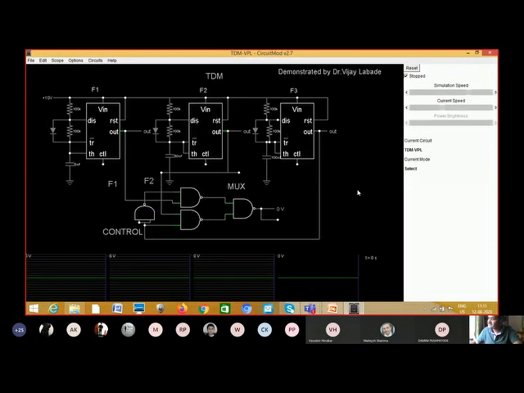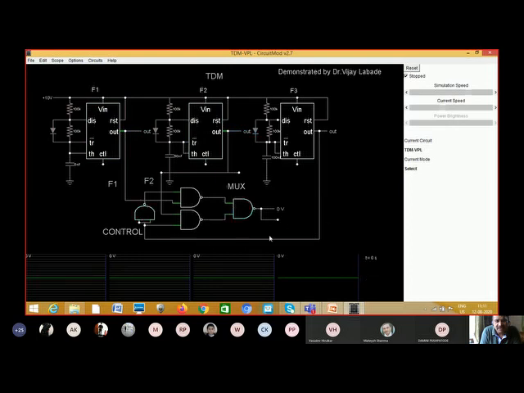Friends, this is a TDM, time division multiplexing circuit, where you can see these three parts. This is frequency F1 by an astable multivibrator. This is the second frequency, again I am using an astable multivibrator, and this is also an astable multivibrator. You can see these are three different frequencies because the component values are different: this capacitor is 5 nanofarad, here 50 nanofarad, and this 100 nanofarad. So I want three different frequencies because this is time division multiplexing.